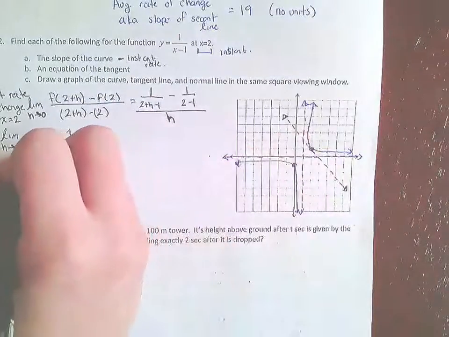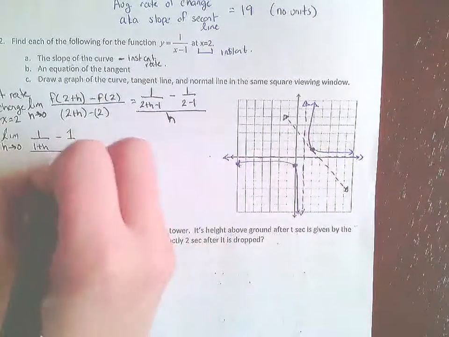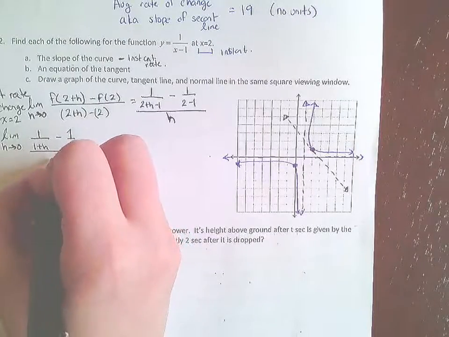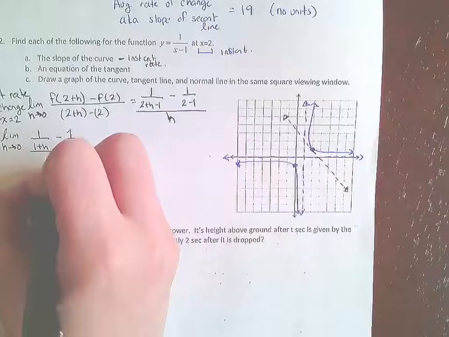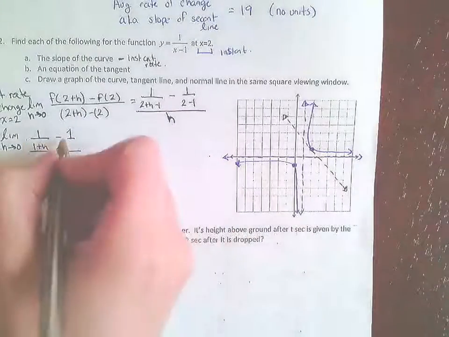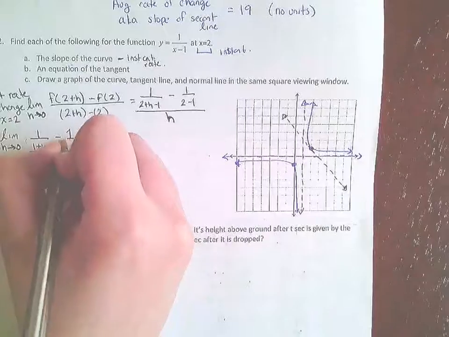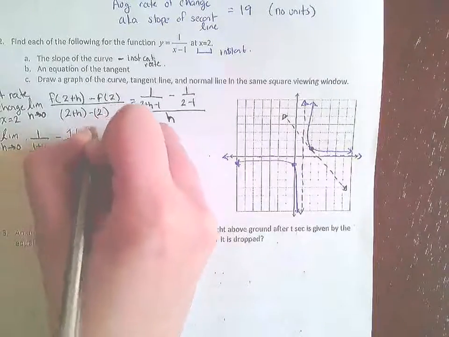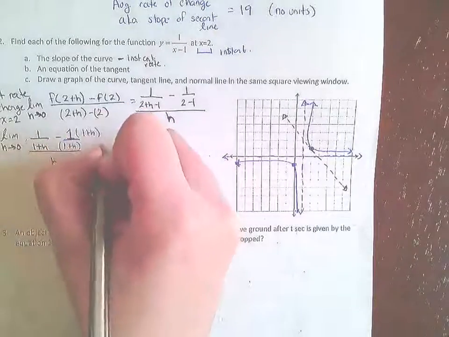And all of that is over h. Okay, now here I'm going to need to get a common denominator so I can combine these two. So I'm going to multiply the top and the bottom by 1 plus h. So then I get